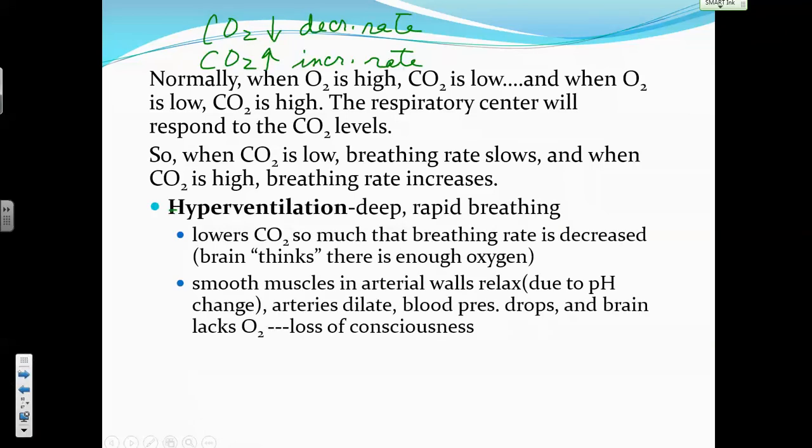Okay, so what about if you hyperventilate? Y'all know what hyperventilating is? Your book says it's something like deep rapid breathing, but to me it's you exhale more than you take in. You exhale more volume than you take in. So when you hyperventilate, my inhale is not as big as the exhale. Okay? So what's happening to my blood oxygen levels if I'm exhaling more volume than I'm taking in?